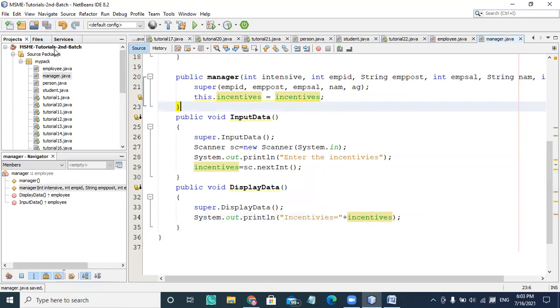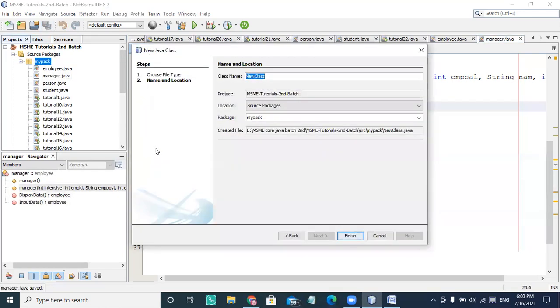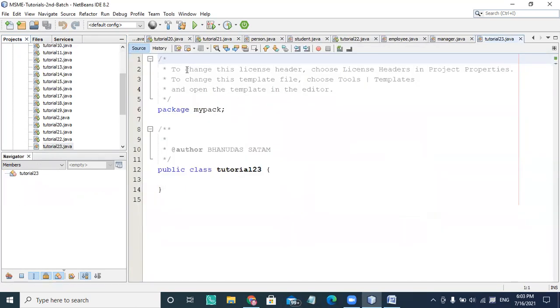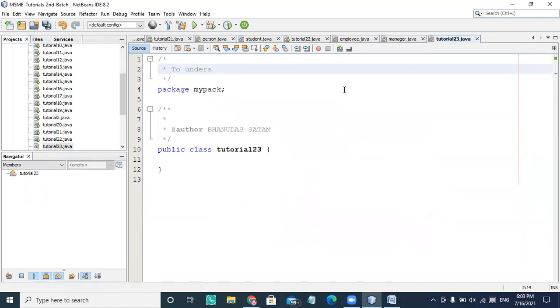So now I'm creating the Java class, and that is tutorial number 22 or 23, to understand the multilevel inheritance.